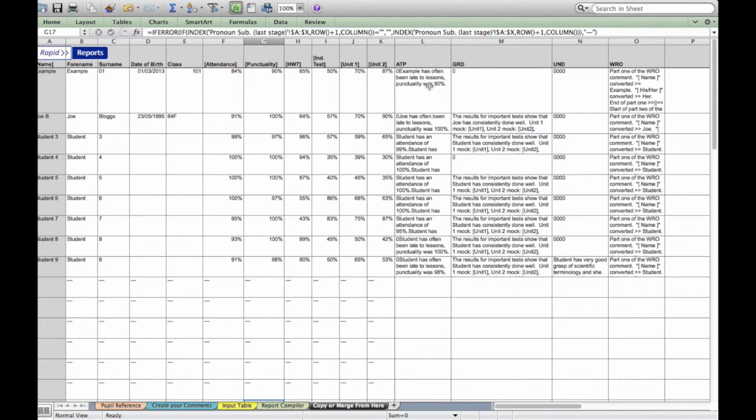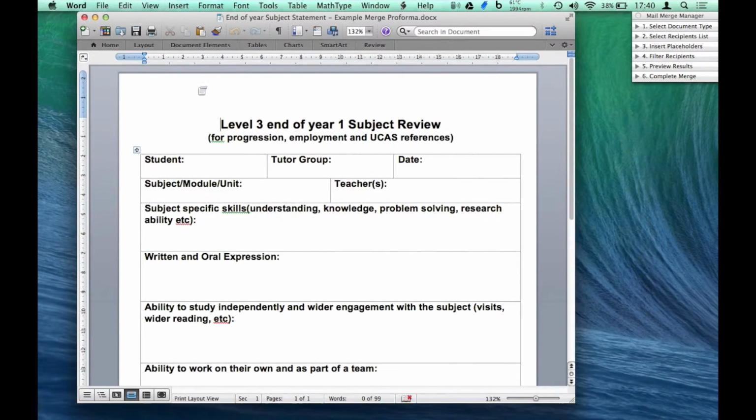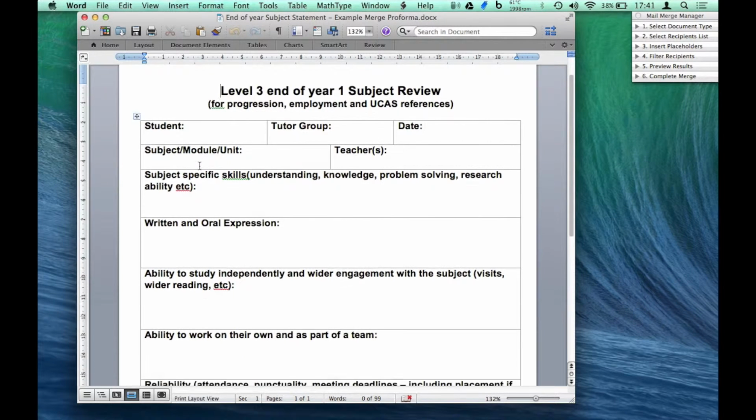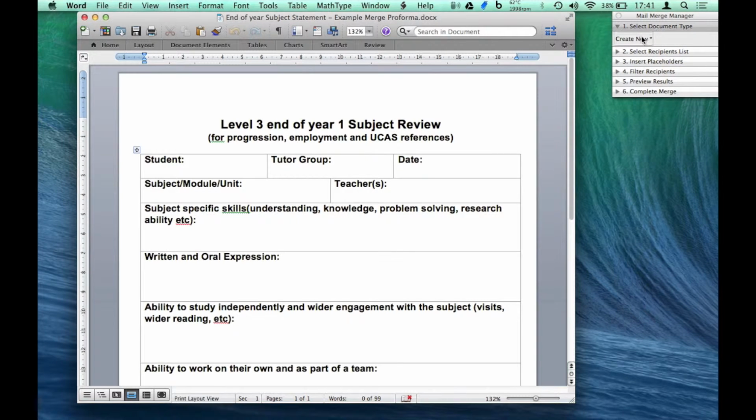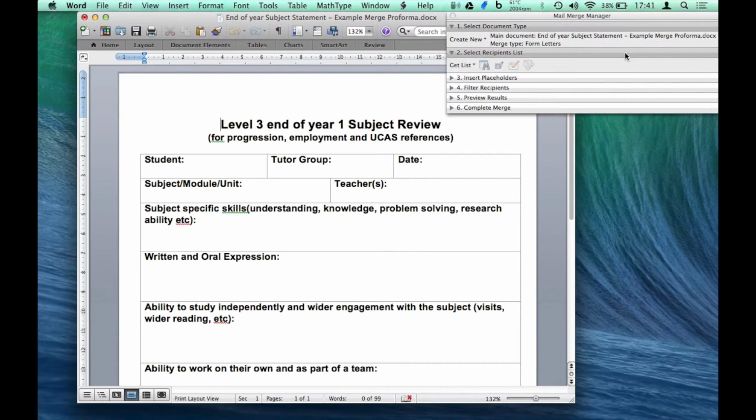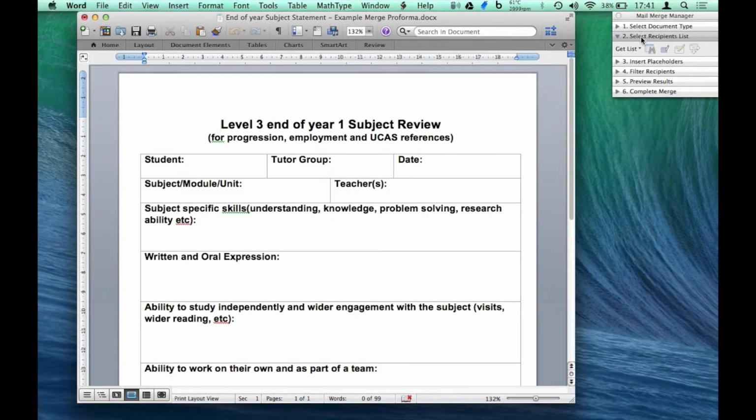I am now going to run through how a mail merge could be set up using this spreadsheet and this pro forma here. This is a pro forma in Word, and I'm going to turn it into a mail merge document. I've got my mail merge manager up here. So what I'll do is create a new form letters, collapse that again, and now for selecting the recipients list, I'm going to choose to open a data source,